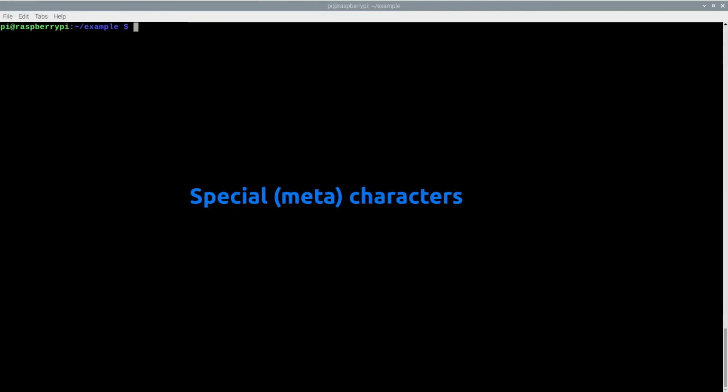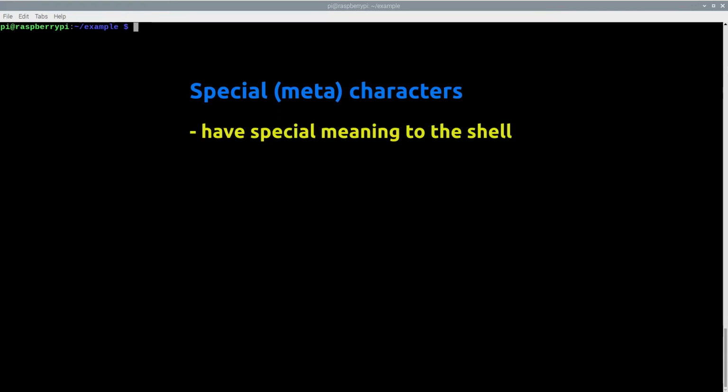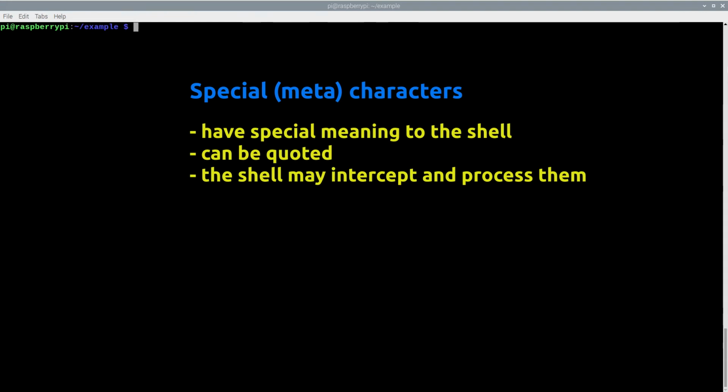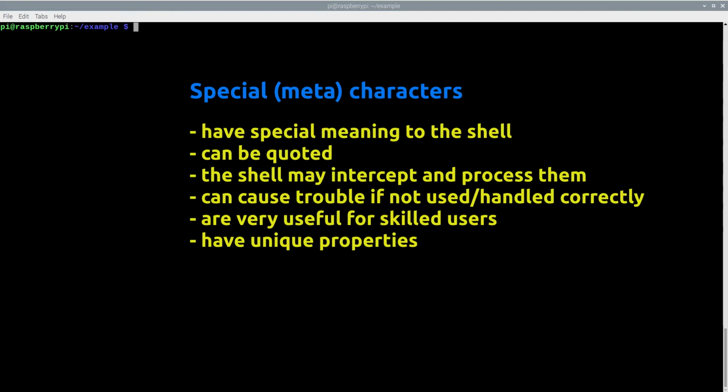Anything appearing in a command line that is not alphanumeric, period, comma, or underscore can have special meaning to the shell. Such meta characters, unless quoted, are intercepted by the shell, where the shell performs an action tied to them, usually replacing them with dynamic content such as file names, command output, variable content, and so on. Meta characters perform vital functions in the command line, and handling them correctly will help you avoid accidental data loss. It will also save you time so you can type commands faster, and it will give you access to advanced command line features. Each shell meta character has its unique purpose and is handled by the shell in a specific way.